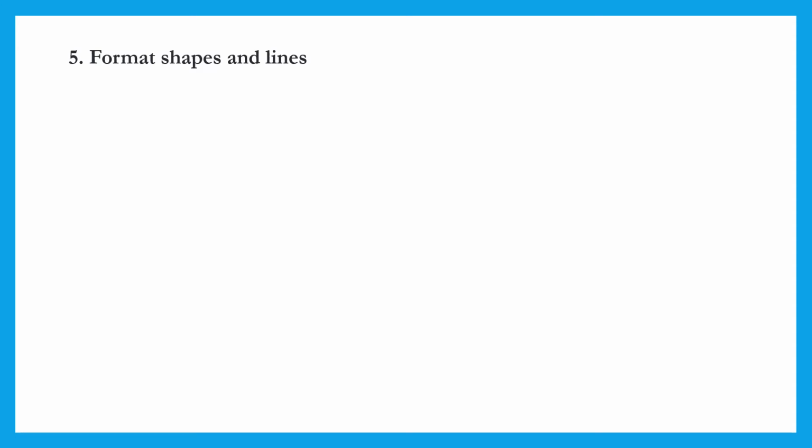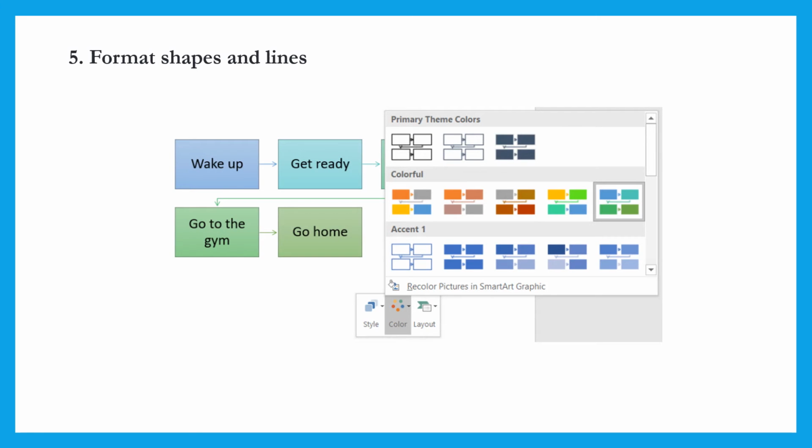Format shapes and lines. For some of the simplest editing options, a menu with basic editing options will appear when you right-click on an object. Now, to edit the text layout, click the Layout Options icon that appears when you right-click a text box and pick your preferred layout. You can also view the rest of the options when you click See More.